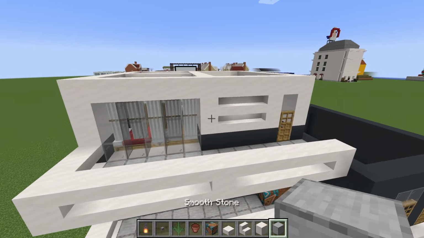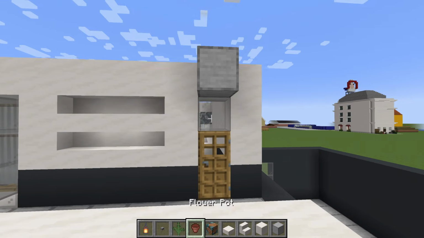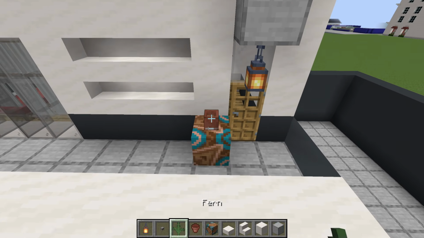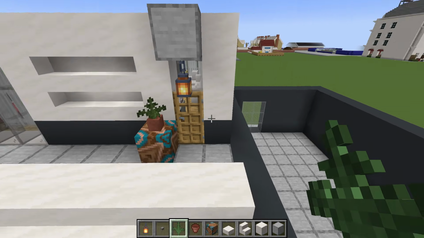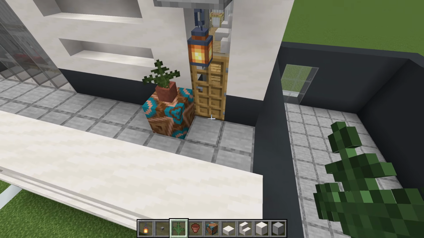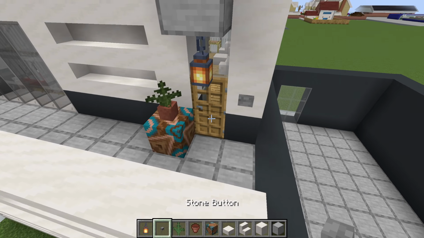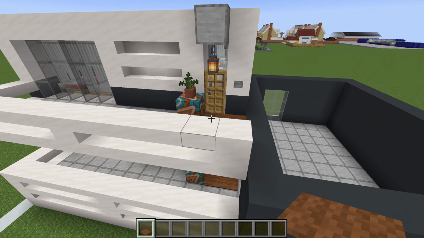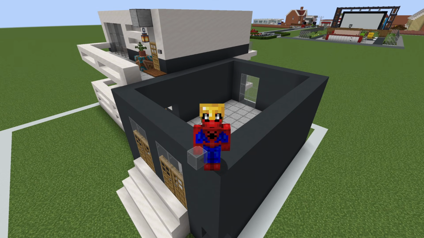And then we add all of these same things as previous. So a lantern above the door, glazed terracotta next to the door with a pot and a flower or plant inside of it. We then add a button next to the door, and then brown carpet in front of the doorway. And of course, for every single apartment level that we add, we also have to increase the size of